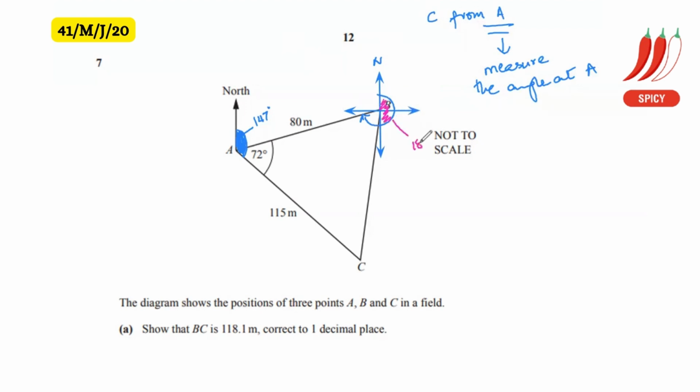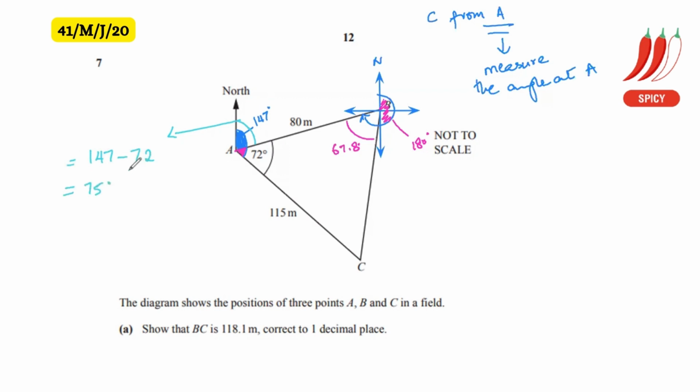This is 180. So all we need is this angle. If we come to think about it, we already found angle ABC, this one, which was given as 67.8 degrees. So if this is 67.8 degrees, we can see that this over here is 72. So to find this angle, let me color code it, 147 minus 72, and that equals